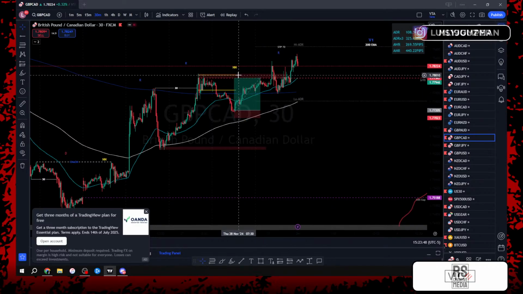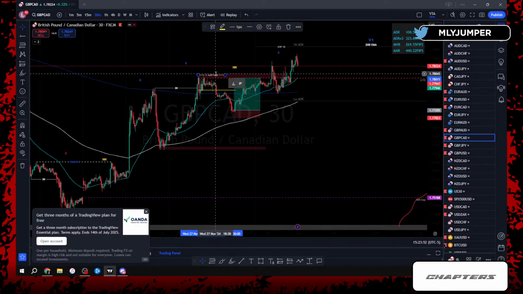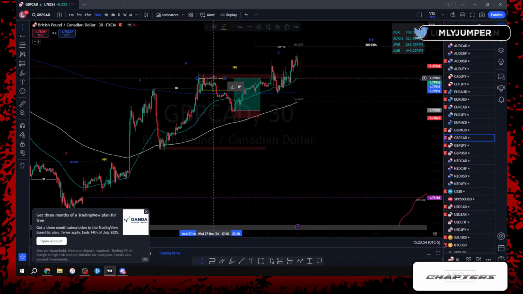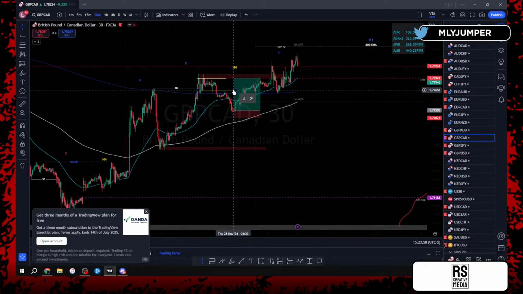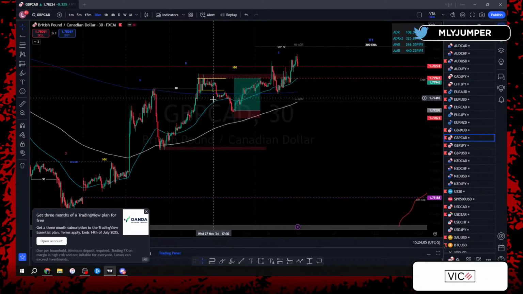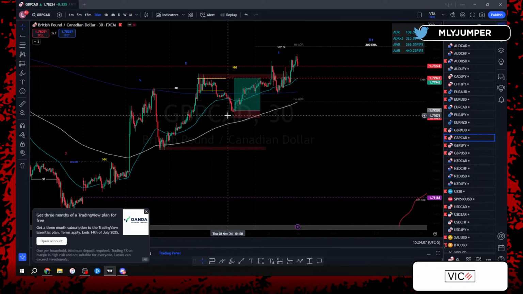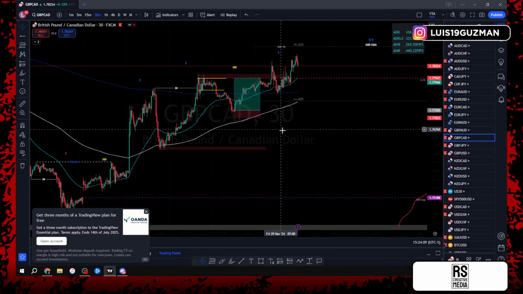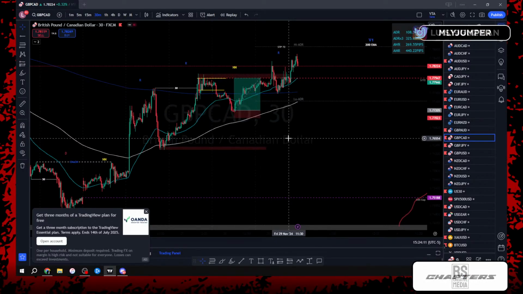Gave us a little type 1 pattern as well. As you can see, I had that drawn out. I think on Thursday we talked about this pair on the stream that we did, right? We were talking about how this could be a nice little type 1 pattern. We had the fib drawn out as well, so we had two entry points, which was either the 38.2 or it was going to be that 50%. So was a pretty good call out, pretty good trade that we had here.